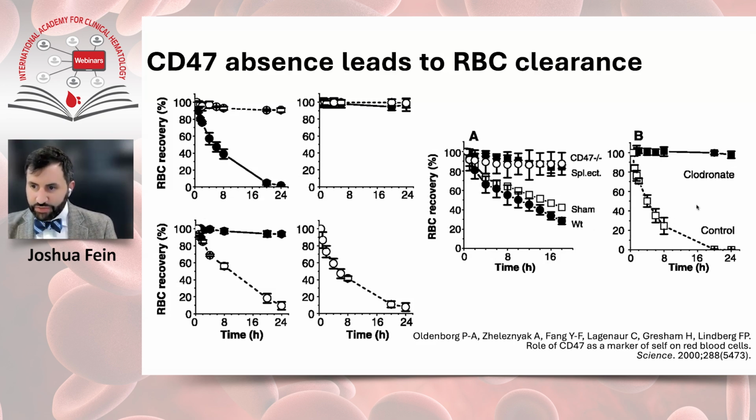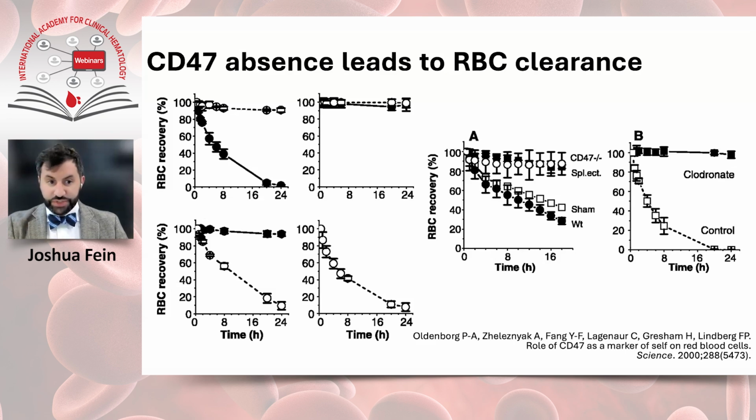Finally, they gave clodronate to these mice to wipe out macrophages. And in the mice that did not have macrophages, the CD47 double negative red blood cells were preserved. In the mice that did have macrophages, the controls here, the CD47 double negative red blood cells, as we've seen over and over again, were depleted. So this led to their understanding that this is a macrophage dependent process, a spleen dependent effect of clearing CD47 negative RBCs.